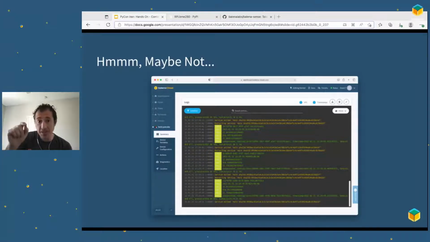It runs the container, and then the process finishes and the container stops. The Balena engine on the device will say, that's strange. The container stopped. All right, let's start it back up. And it will continue to loop in that manner because my Python simply exits out